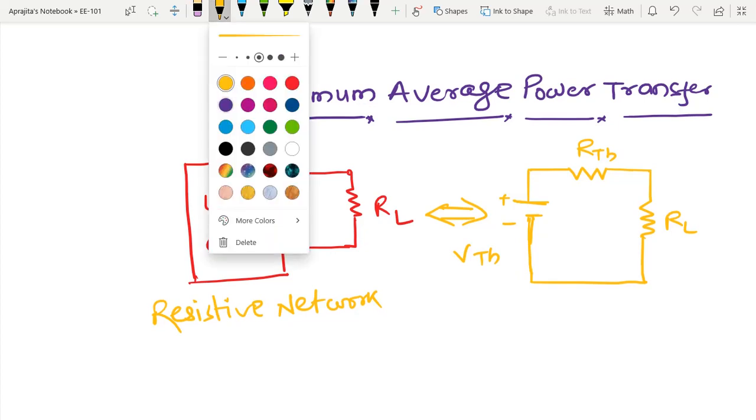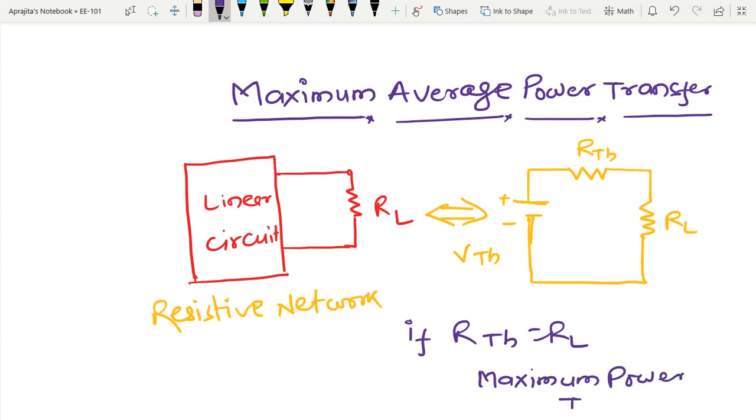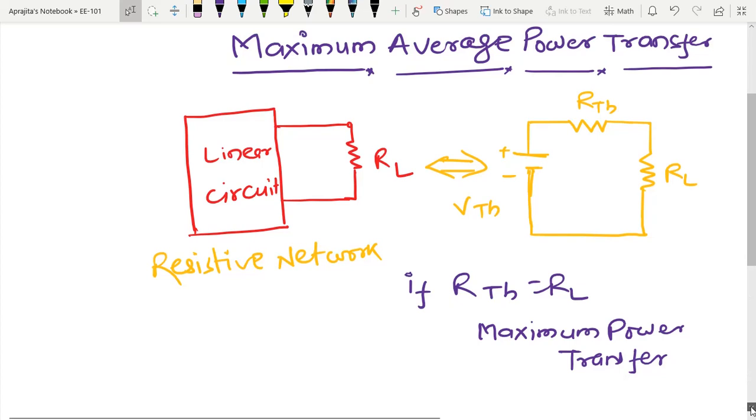So our conclusion in the first part of our course is that if RTH equals RL, then we will get maximum power transfer. So this is the story of the first part of this course. Now I am going to extend the same kind of story